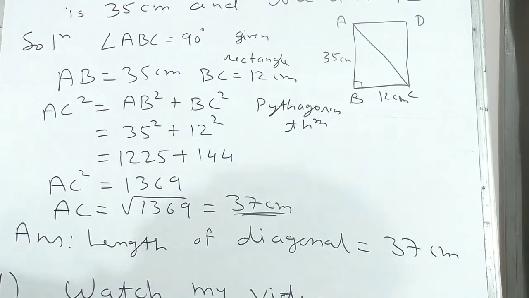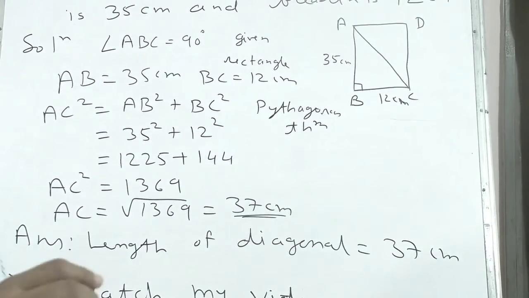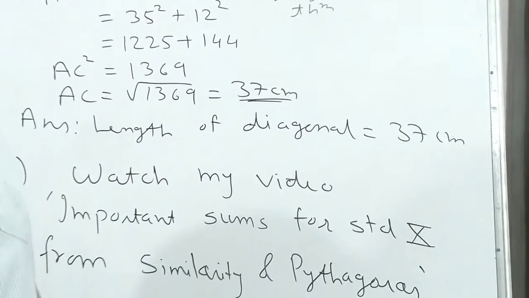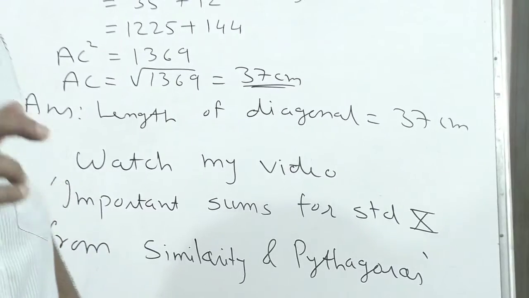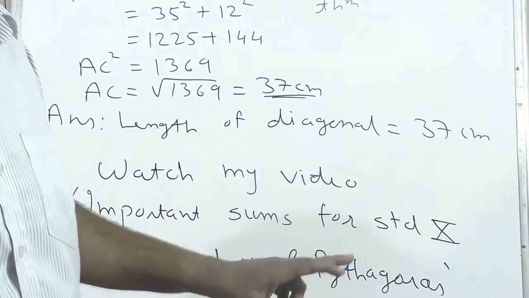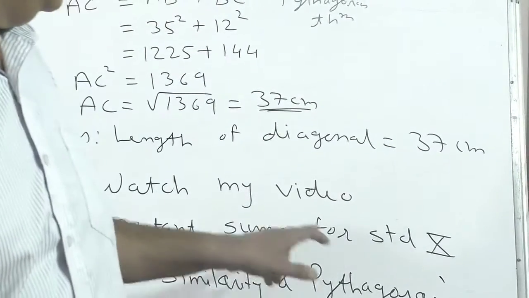The squares of odd numbers you should know, you should learn. Practice, start writing. Every day make a square table up to 100 and read. By reading often and often, you will remember, oh, this is the square of something. Or you can revise. You watch my video on square root by long division, how to find it out.